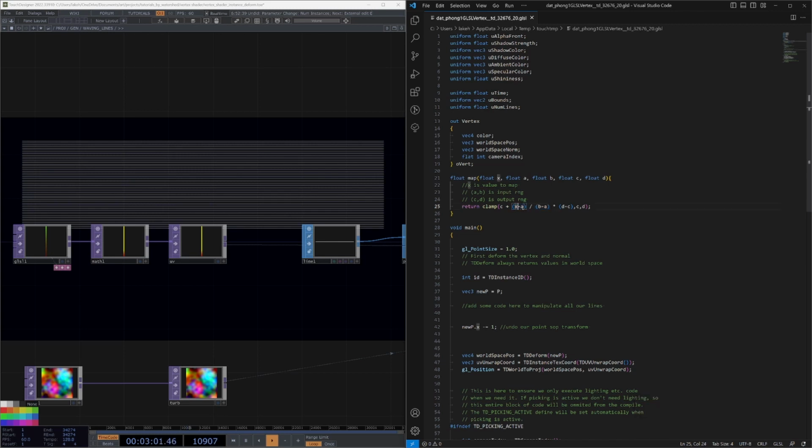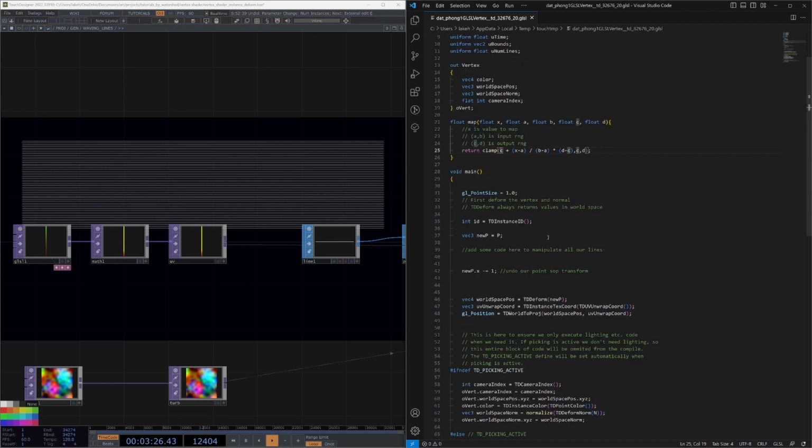So that's taking this X minus A, which is how far X is from the beginning of the range, divided by the entirety of the range. So this gives you a normalized percentage of what X represents in this range. And then we multiply that by the size of the output range, and then just add that to the beginning of the output range to rescale it. So that's what's going on here, and we're going to use this function